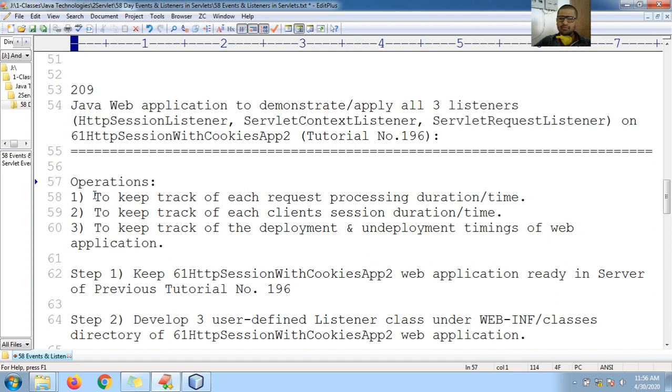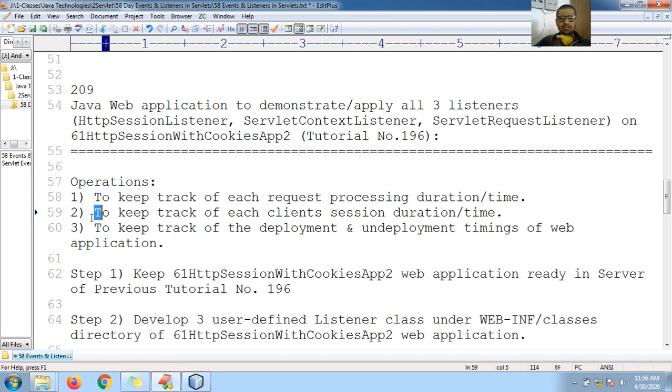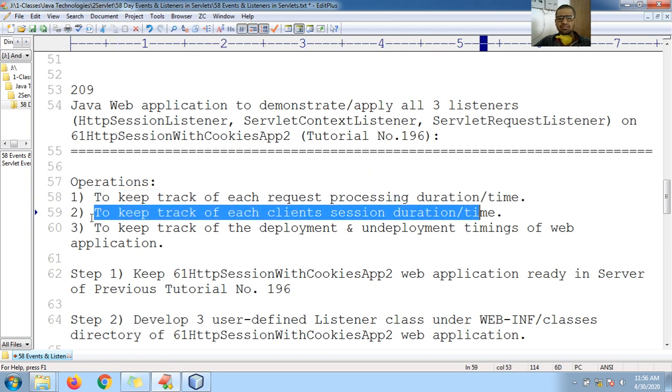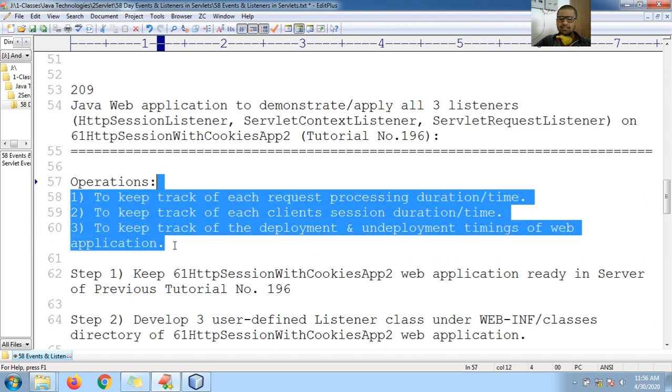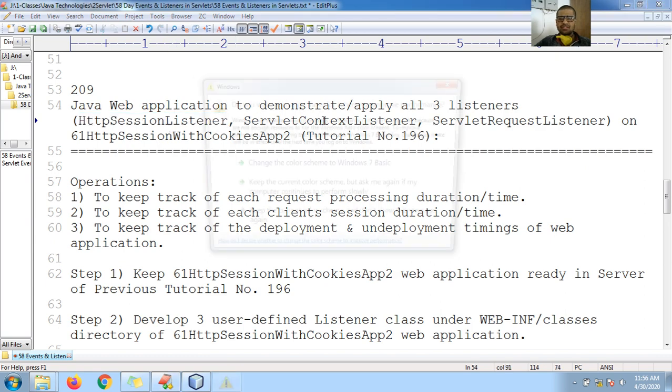So here I'm going to perform the operations. I want to keep track or record of each request processing duration or time. Also, I want to track each client session duration or time. Also, if you want to track the deployment and undeployment, or you can call it when the application gets started, when the application gets stopped, and the duration and timings of your applications, then to perform these operations we need to take the help of listeners, and those listeners are session listener, context listener, and